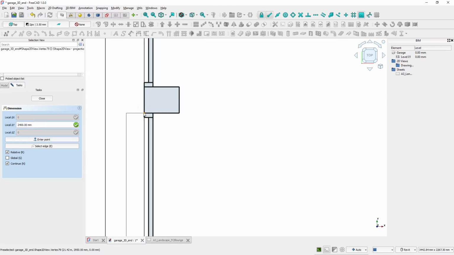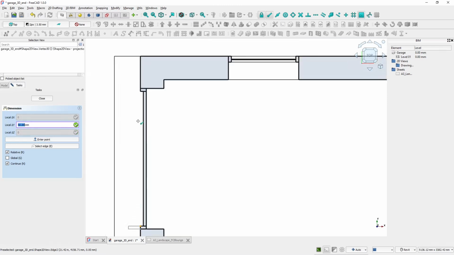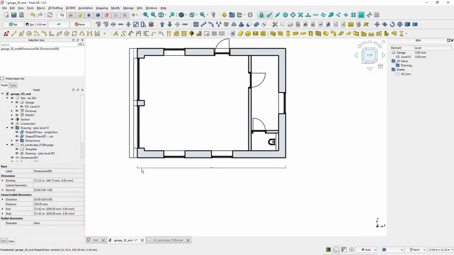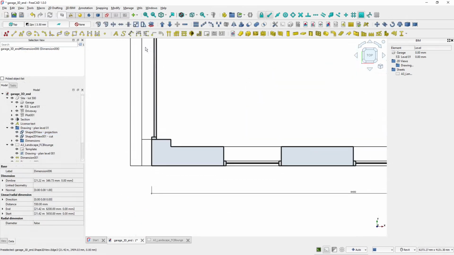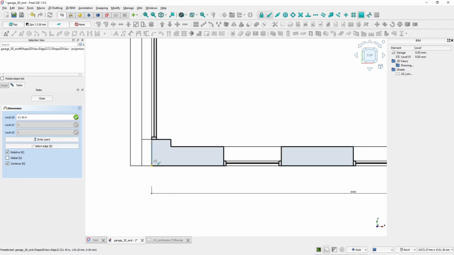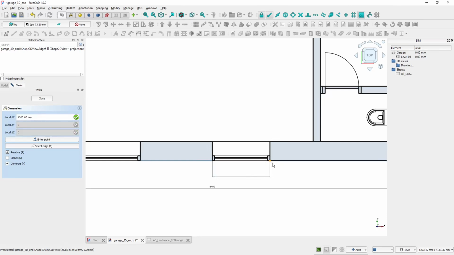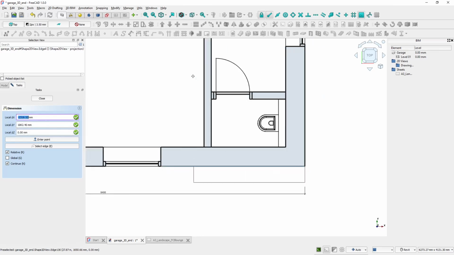So I will click here, here, here, and here, and hit close, and the continuous line is created. So I will create the same way continuous with the horizontal dimension. So first I will create the first one like so, and then I will click here, here, here, and here,